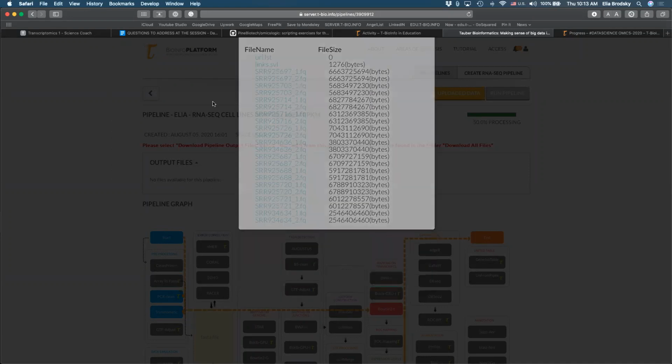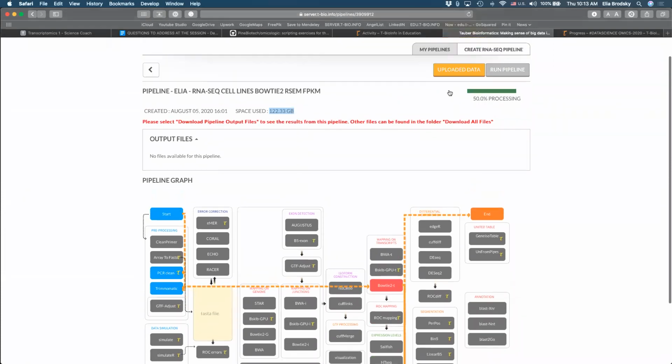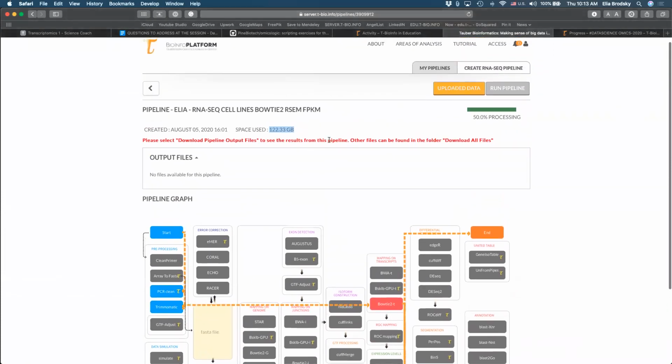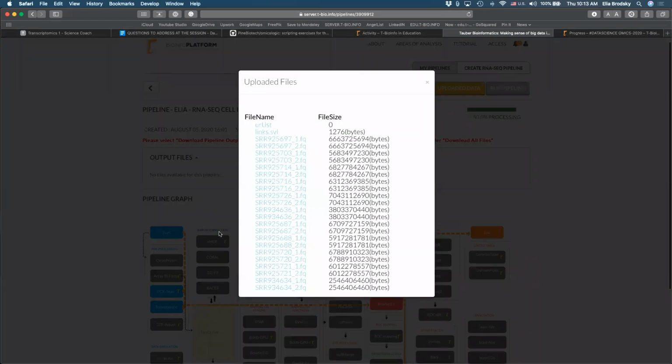So just making sure, you can also see here how much space is being used just for this pipeline. Okay, so you can see that the pipeline has not finished, but it already is using 122 gigabytes of space. And the reason for that, if you look over here at uploaded data, you can see how many bytes each one of these is. So it's not just the files themselves.